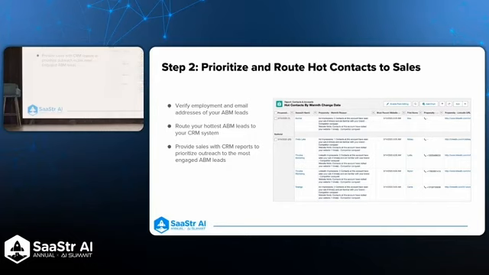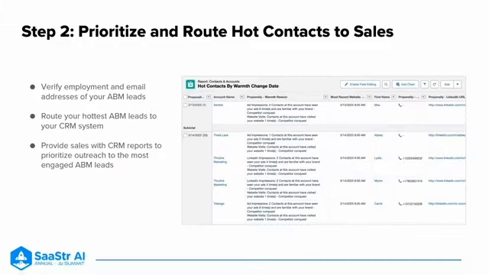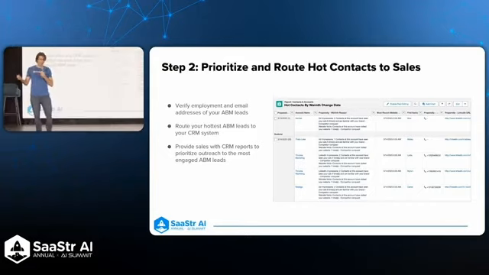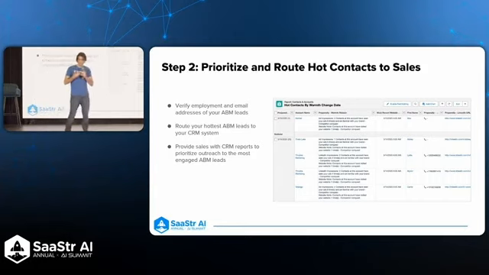Before you send sales any leads, before a salesperson starts working a lead, make sure you have some sort of employment verification tool in place to know that the people you're reaching out to are the right people. It does no good if you de-anonymize a website visit and you think they're at company A, and you think their email is whatever, and it's an incorrect email or an incorrect phone number. You're just burning cycles. So you want as much accuracy as possible. This is really a quality over quantity approach to outreach.